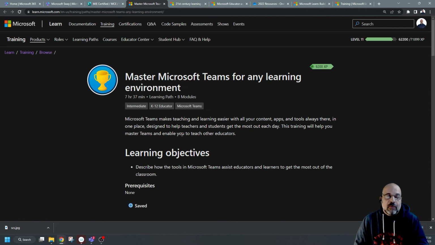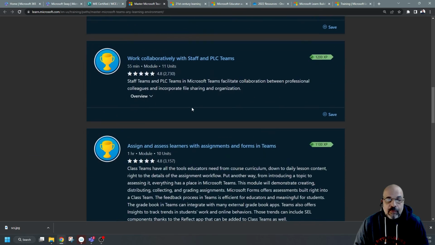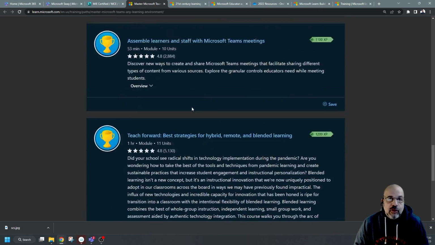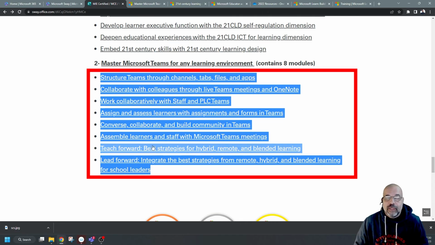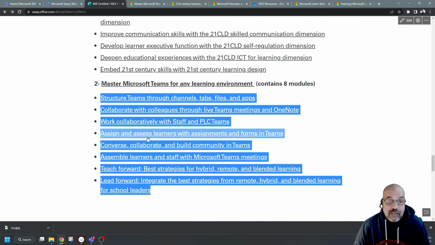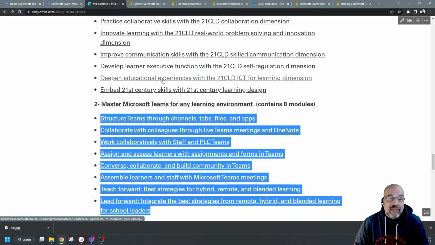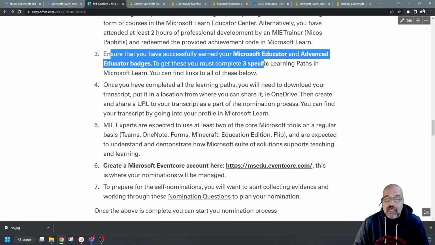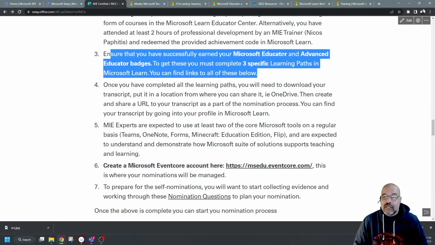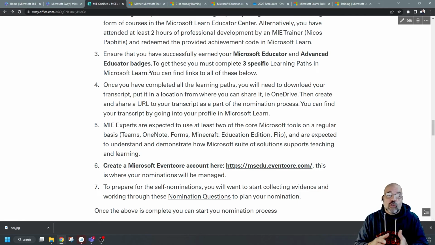So you can see completing these 3 learning paths is going to give you the 2 hours worth of training that you need anyway. And these are the 8 modules, okay? And you can access the 8 modules again individually, because I've listed them for you here as well. And that's basically it. Once you've done this, that has completed step number 3, this one here, you get the 2 badges, Microsoft Educator, Advanced Educator badges, and of course you would have got your Certified Microsoft Innovative Educator badge